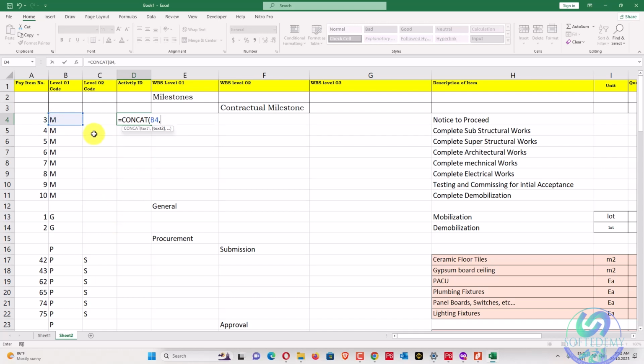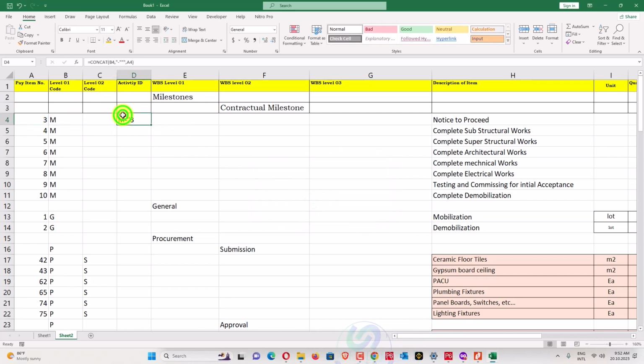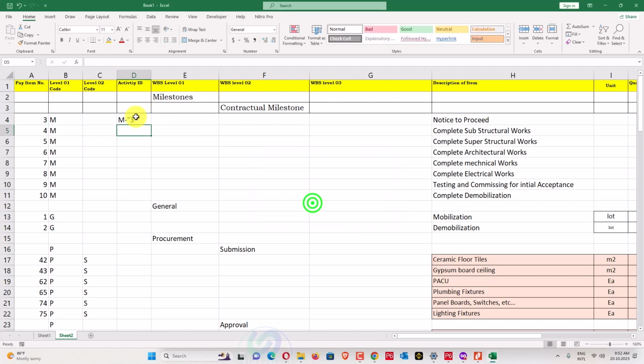We don't have level 2, and now concatenate, and then we have comma, dash, comma like this one. Okay, so we have like this. Okay, missing.